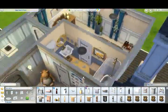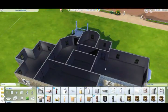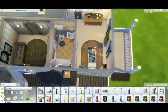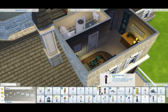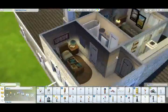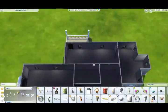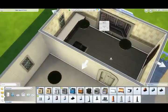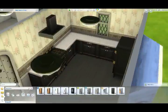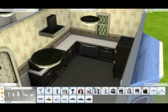Alrighty, here we are back for part 2 of the fairy tale house, which when it goes up on the gallery will be called Simderella's house. So we're just finishing off on the older teenagers' bedroom, and now we've gone down to the bottom floor and we've started work in the kitchen, and I've tried to keep it as much as possible